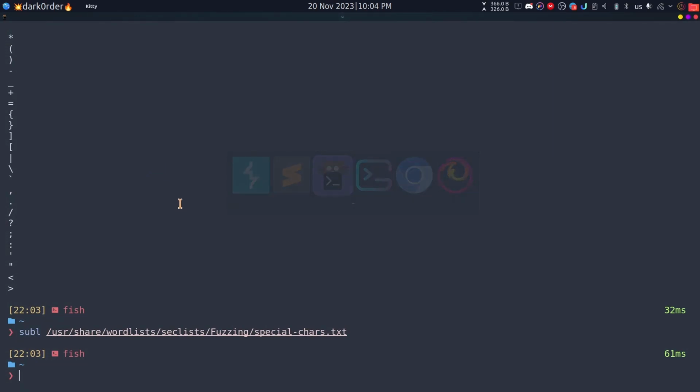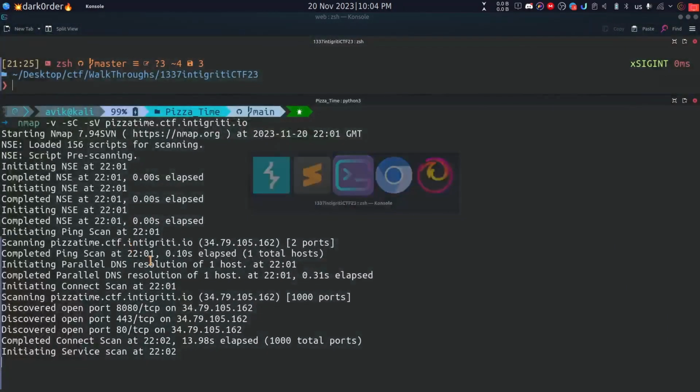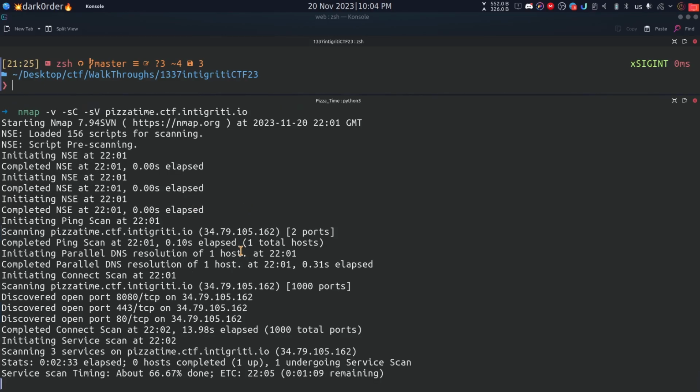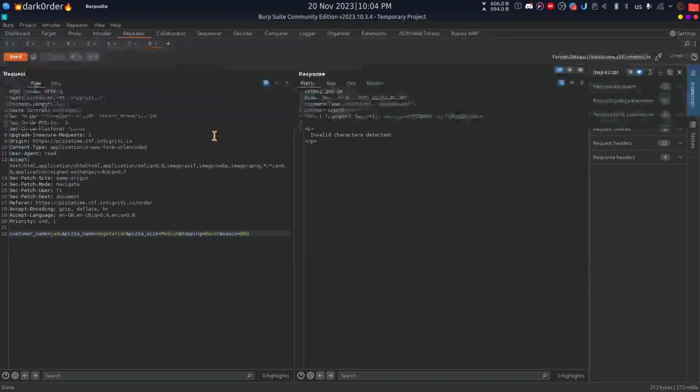Let's wait for the nmap result. It's still going on. From the nmap results you can see it's running Nginx, so I assume it can be a Python application or an Express application, and as you can see we cannot use scripts or anything else. I thought, why not try SSTI? So I tried SSTI like this, and instead of this I tried this, and